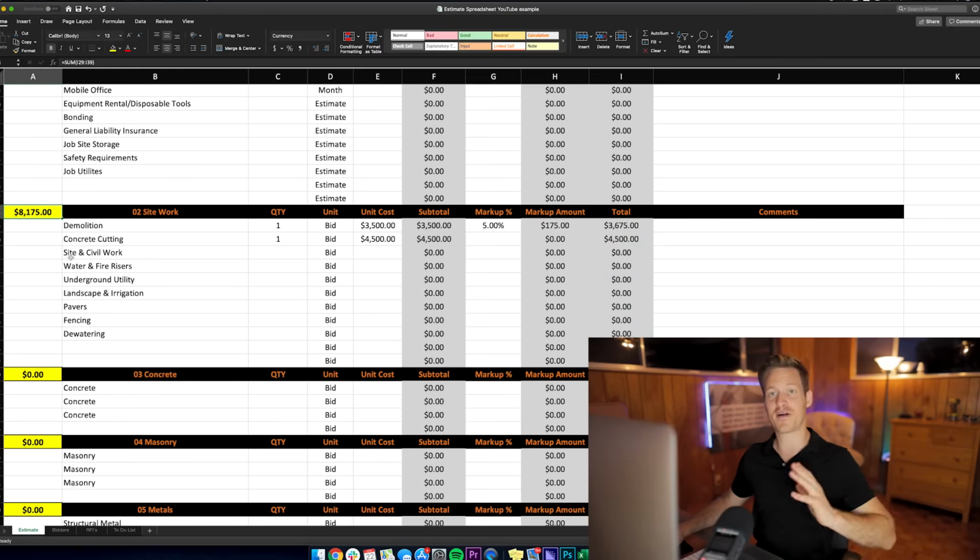$81.75 is the price to the owner. So you're responsible to get all the demolition done for $36.75, but you'll try to buy it out when you buy the demolition from your subcontractor for $3,500 if you can. So you'd actually make an extra